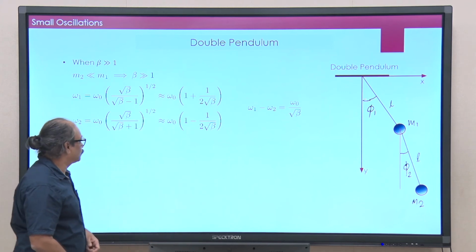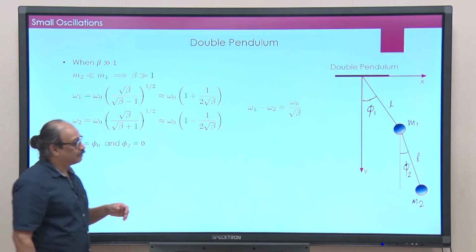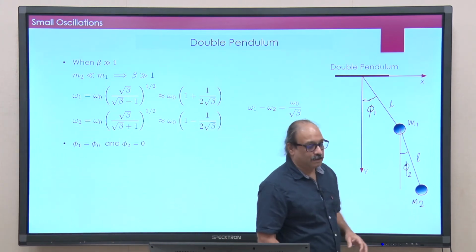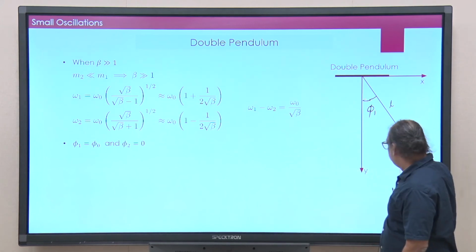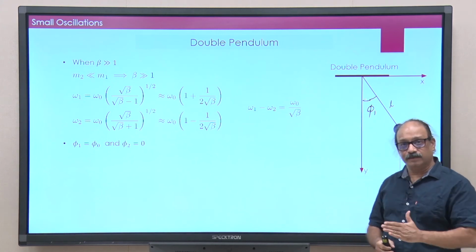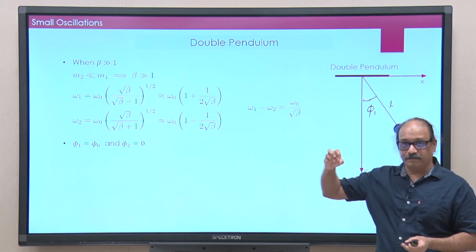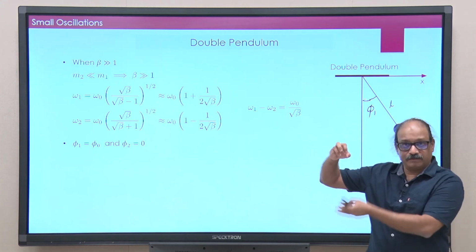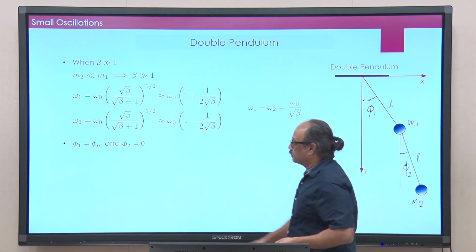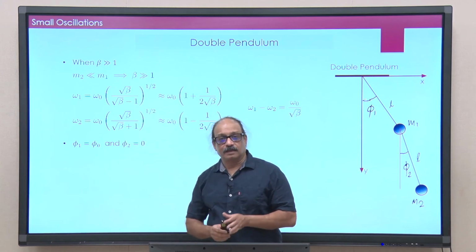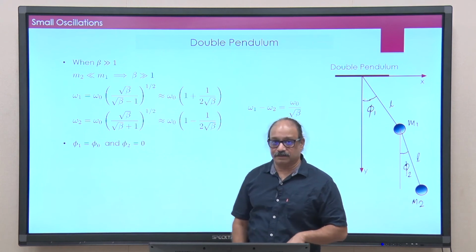If I start with initial conditions, which is I will take this first bob and shift it to some angle phi 0, okay, and the second bob straight away hangs down. So, phi 2 is 0. So, you have a double pendulum and you pull the first bob, leaving the second bob hanging vertical, and now you let go. So, both the velocities phi 1 dot and phi 2 dot at t equal to 0 will be 0, okay, and you let go of this.